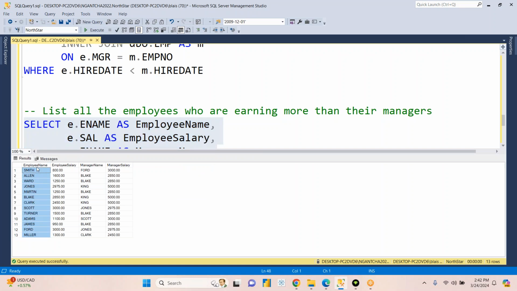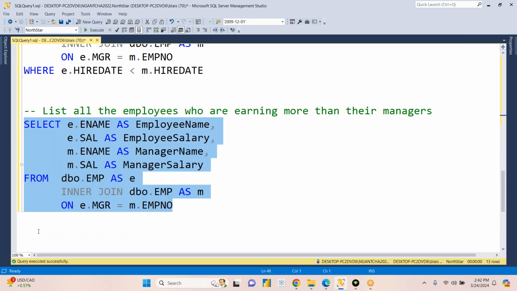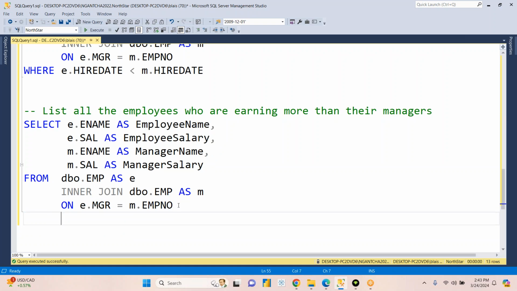Right. So we have the employee, we have their salary, we have the manager, we have their salary. See, we are now simply testing, is this person's salary greater than manager salary? This one is no. If you compare Smith and Ford, yes, Ford is a manager, the salary is 3,000, this is 800, so this is wrong. Let's go to the next row. Remember, that's what the where clause is doing. It is investigating each row. So the condition we're going to put on the where clause is a simple test